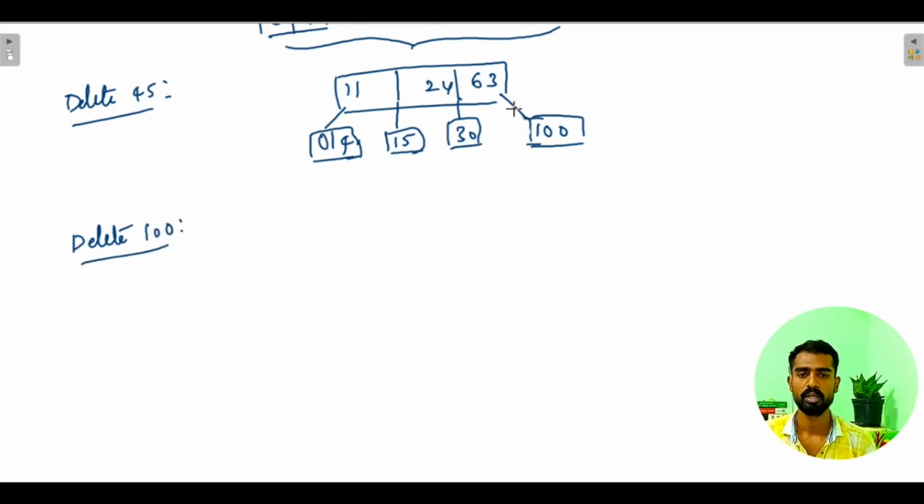So first, 100 is present in the tree or not, we should check, and we see that 100 is present in the tree and it is a leaf node, so I can delete it directly. But before deletion, just see if there are extra keys or not. So for 100, there is no extra key within the node, and we should see if we can borrow it